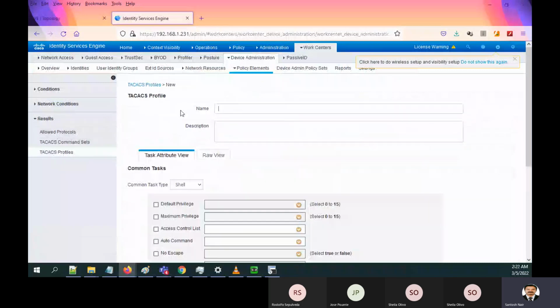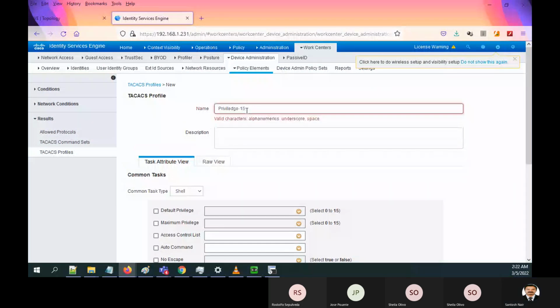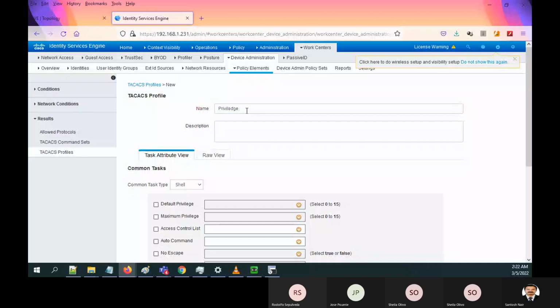In TACACS profile we have to add, and here we can add anything, like we can say full access. And this we are going to give as privilege